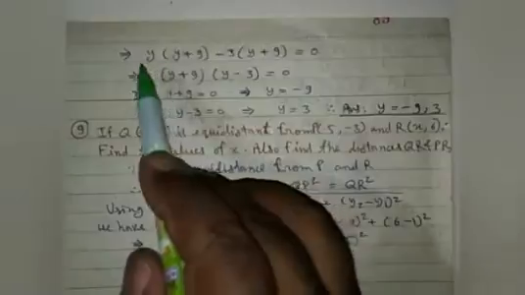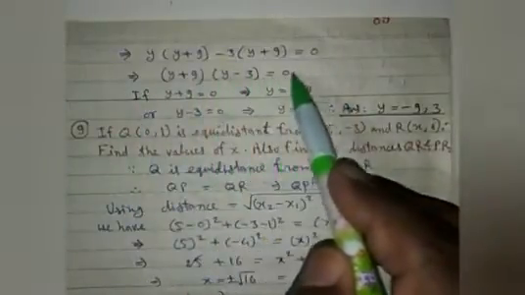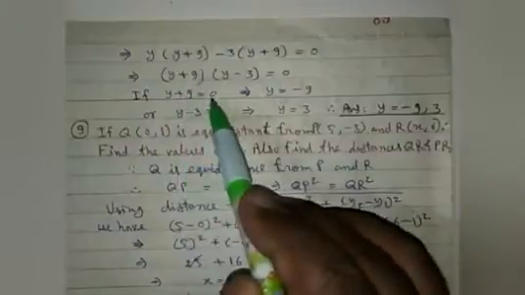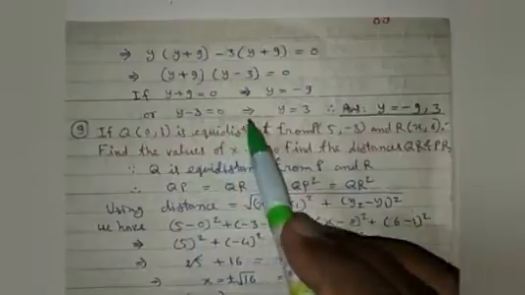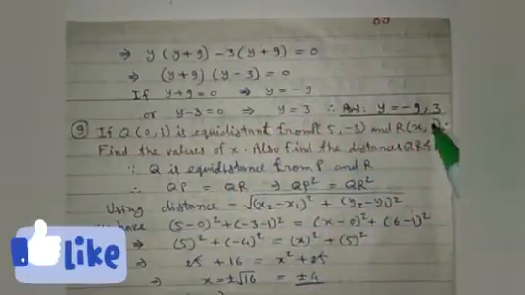Now splitting the middle term, we have here y square plus 9y minus 3y minus 27 is equal to 0. Now taking y common in first two terms will give y into bracket y plus 9, and taking minus 3 common in last two terms, we have minus 3 into bracket y plus 9, that is equal to 0. So here (y plus 9) into (y minus 3) is equal to 0. If y plus 9 is equal to 0, then y equal to minus 9, or y minus 3 is equal to 0, then y equal to 3. Hence the value of y is minus 9 and 3.